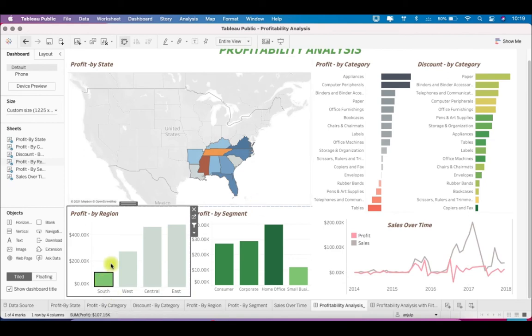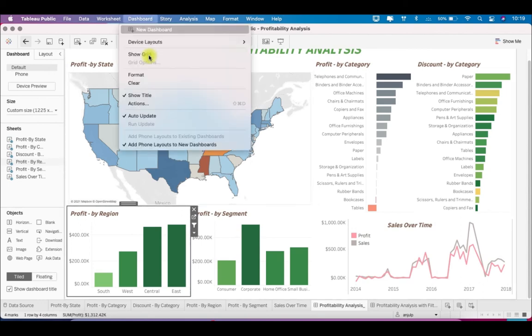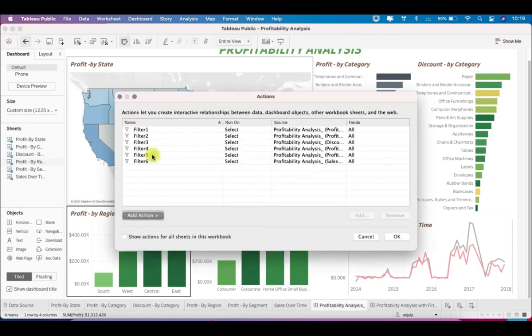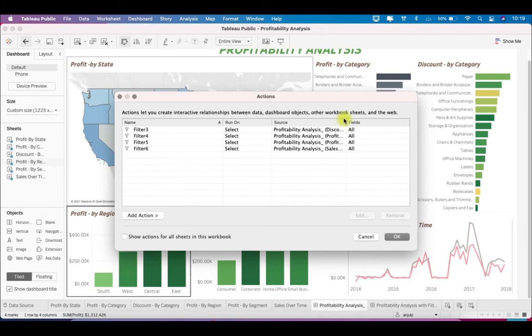So this was the way of creating the action filters, and there is another shortcut for creating this type of action filter if you want to use every sheet as a filter on every other sheet. Let me first delete these. I'll remove all these filters and show you the shortcut method.